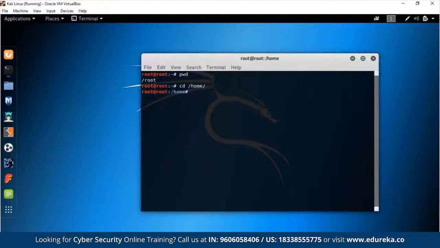Okay, so once we're in home, I want to make a list of commands that are used on the CLI that I want to teach you guys. So what would I do? I would firstly see if any files are available that I can edit. These files are available, but let's create a new file for ourselves. So firstly, let's do nano list.txt.